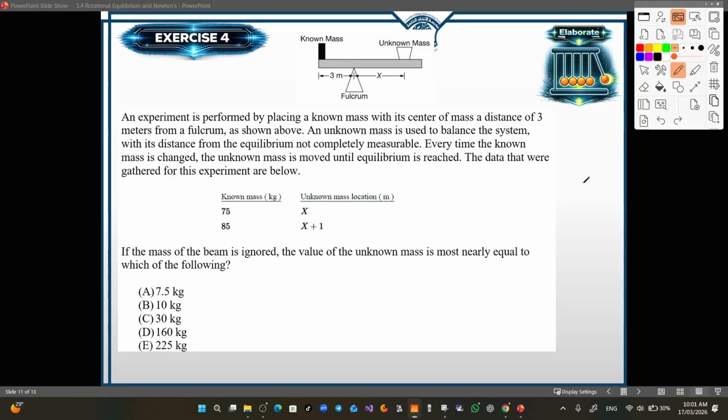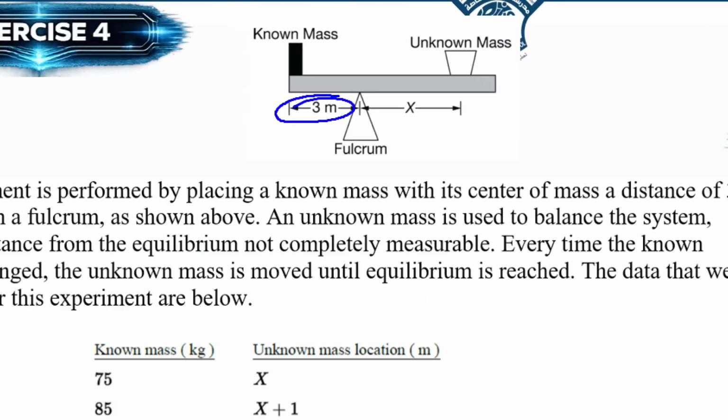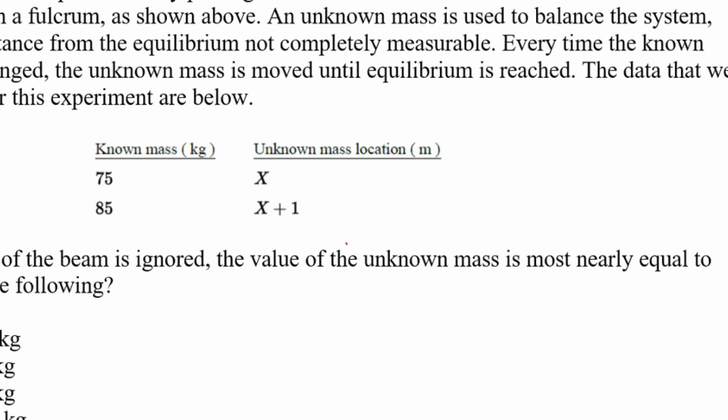Exercise 4. An experiment is performed by placing a known mass with its center of mass at a distance of 1/3 meters from the fulcrum, as shown above. An unknown mass is used to balance the system with its distance from the equilibrium not completely measurable. Every time the known mass is changed, the unknown mass is moved until equilibrium is reached. The data that were gathered for this experiment are below. As we can see here, we are changing the mass, but we have kept the same distance from the fulcrum for the known mass. And for the unknown mass, we kept the mass, but we have changed the distance